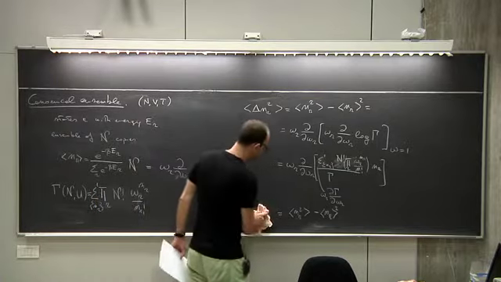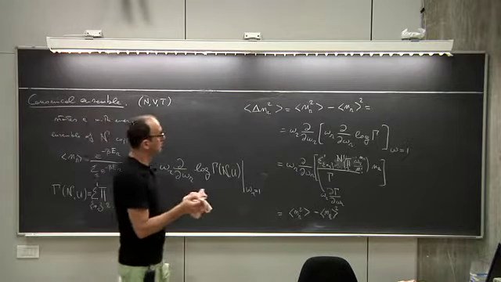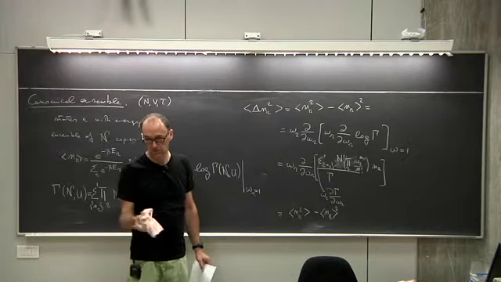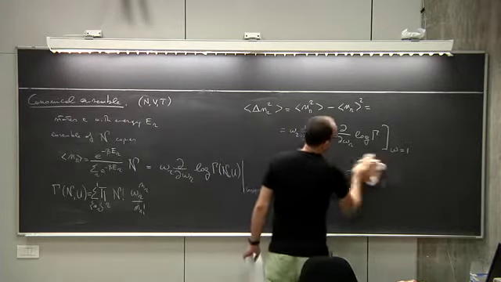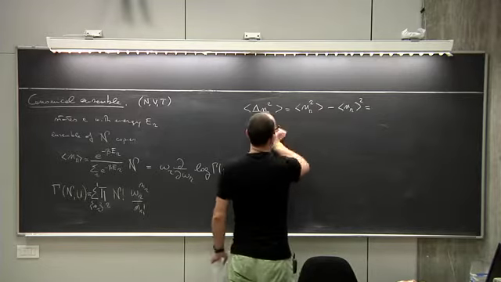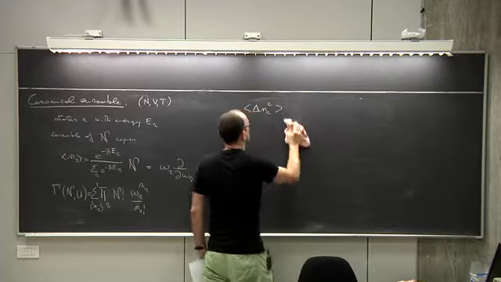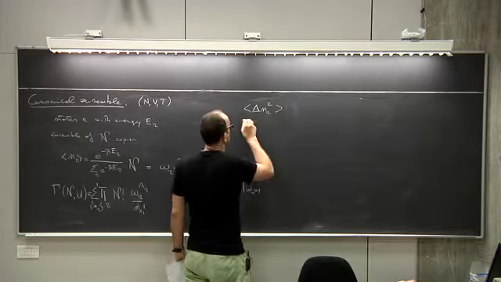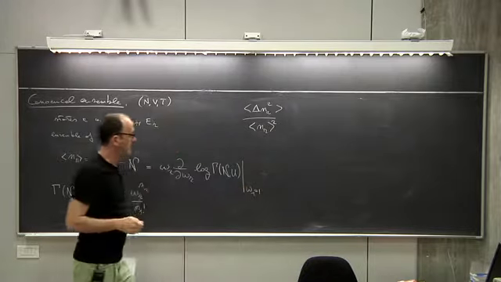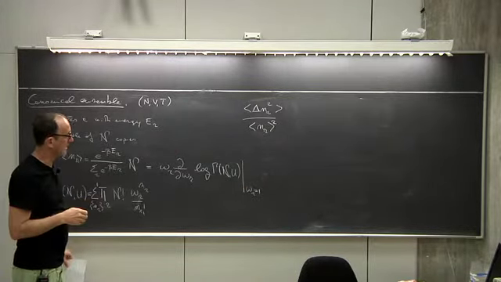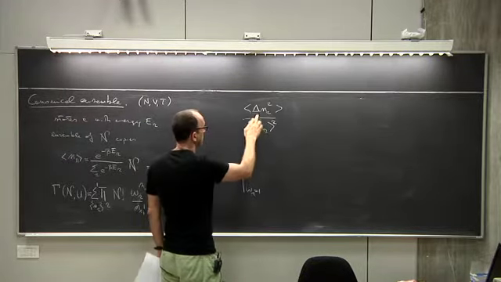I'm not going to do this calculation here. This is done in the book, in the lecture notes which you have, and it's an exercise for you to understand whether you have understood properly what is the main idea. The important thing is that what you find is that the relative fluctuation squared of the